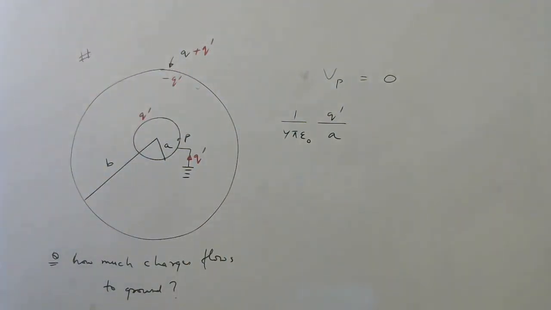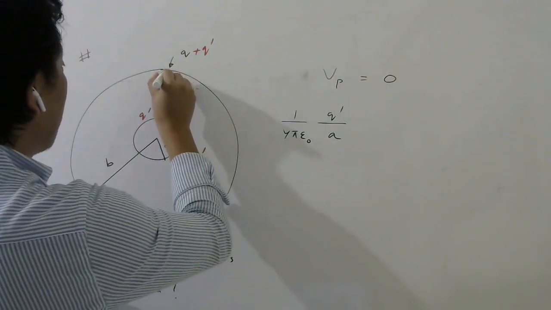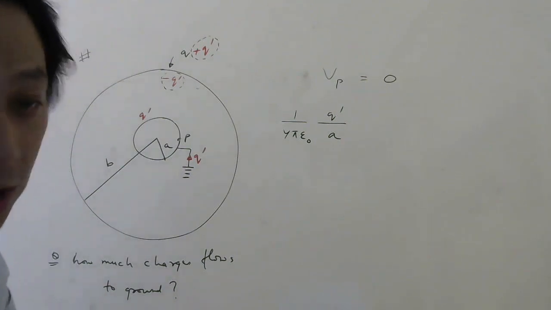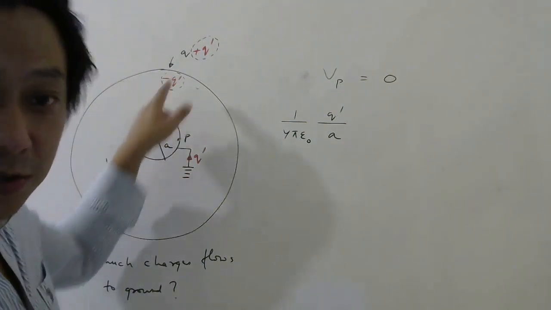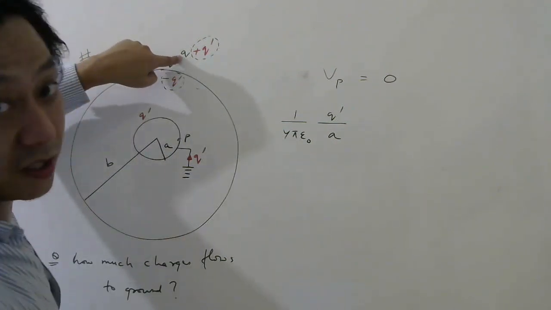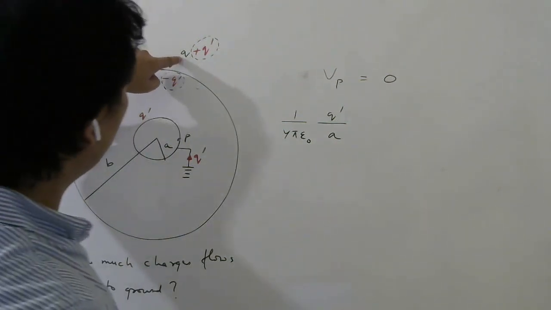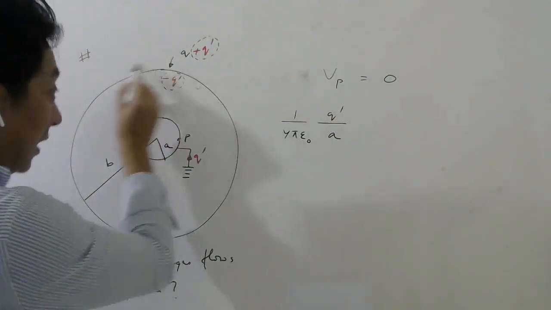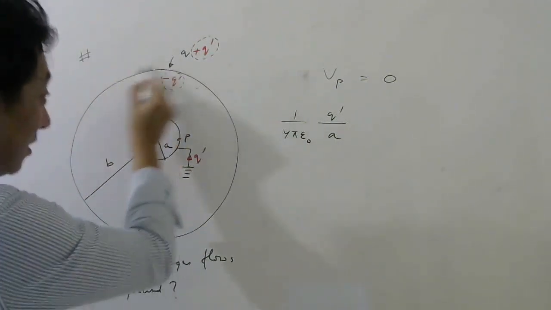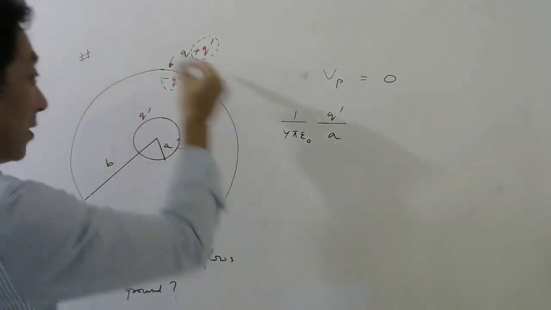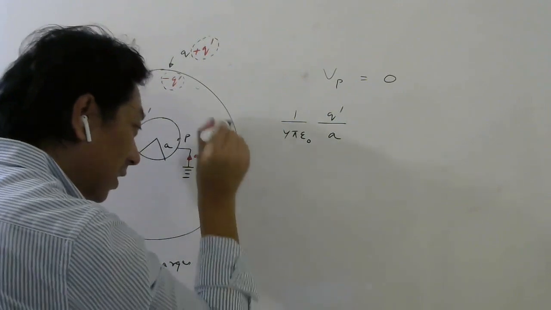Correct, students? Okay. Now tell me, I know that this minus q dash and this plus q dash are not useful while calculating the potential here, because those two will cancel. So potential here I will calculate only due to this q. Okay. So due to this q, what will be the potential? Think carefully. Where is this point? Inside the shell. Which shell? This shell. So potential here due to this will be same as on its surface.